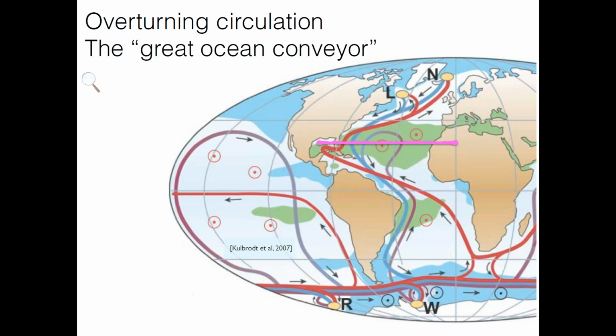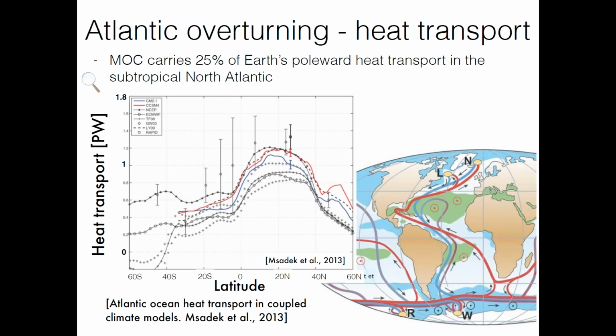And there are many reasons, and you probably know many of them, for why we're interested in the overturning circulation. But just to give you a little bit of background, the overturning circulation in the Atlantic carries about 25% of the Earth's poleward heat transport, and it has a maximum northward heat transport around this latitude in the Atlantic. So this is showing estimates of heat transport against latitude here. And so 26 North is around here, and you have a peak in the northward heat transport. And so this northward heat transport is one of those things that keeps the temperate high latitudes,